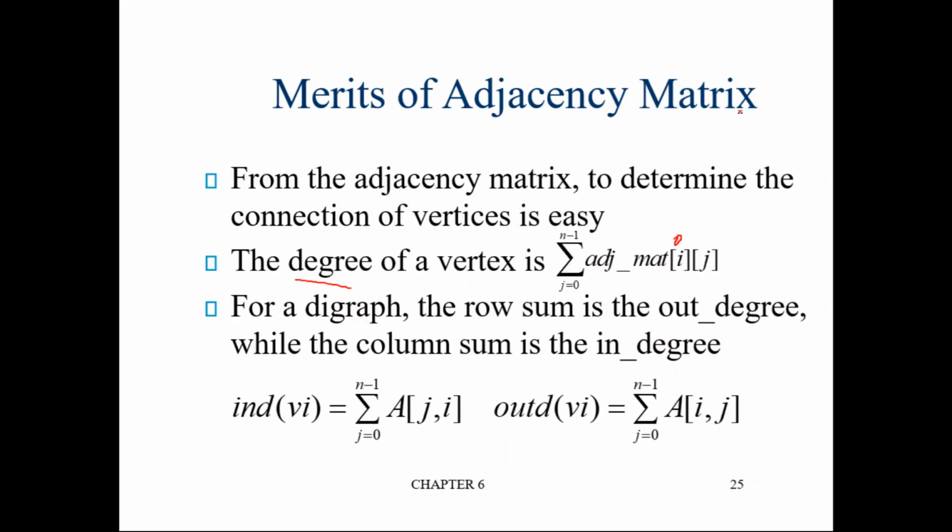Now coming to the directed graph. A directed graph has two types of degrees: one is called in degree, the other is called out degree. Now how will you calculate the in degree? To calculate the in degree for a particular node, you have to sum up all the